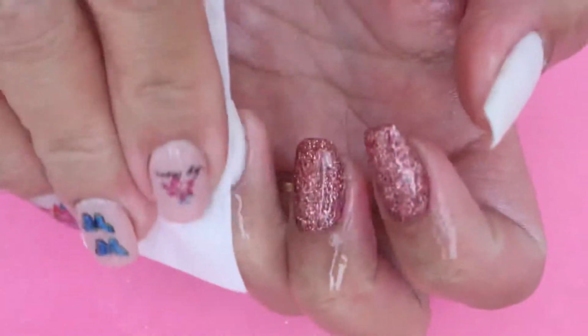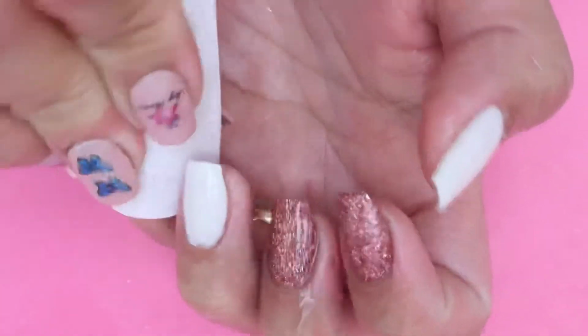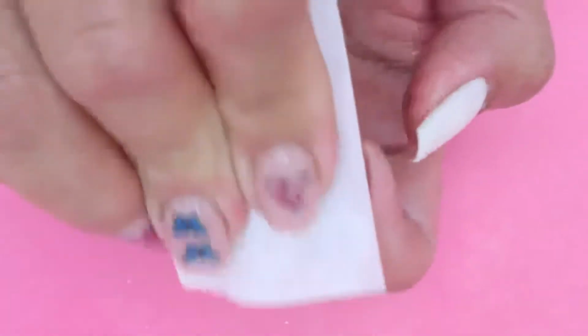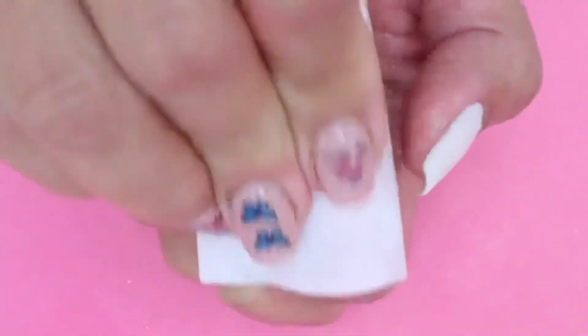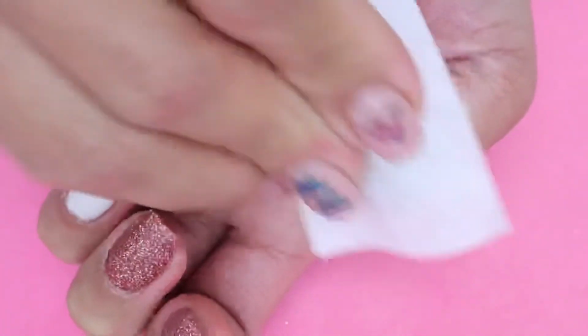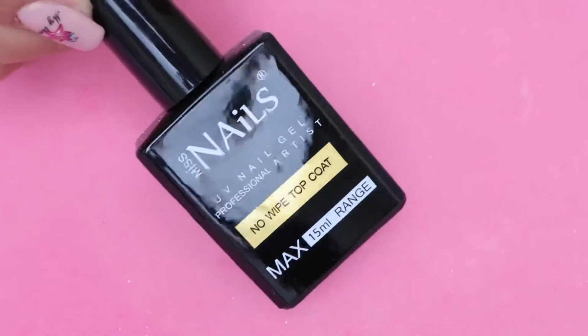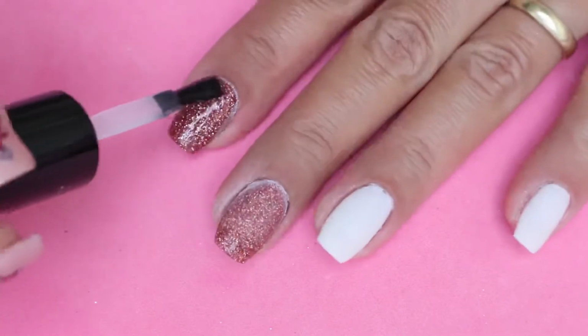So after buffing and filing, I clean my nails with alcohol. So then once my nails are clean and dry, I move on to top coat. So I use my no wipe top coat from Miss Nails and apply 2 layers of this and cure it